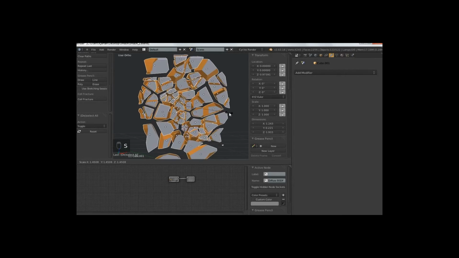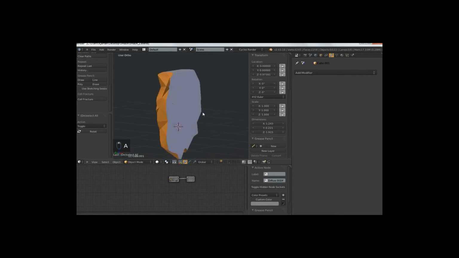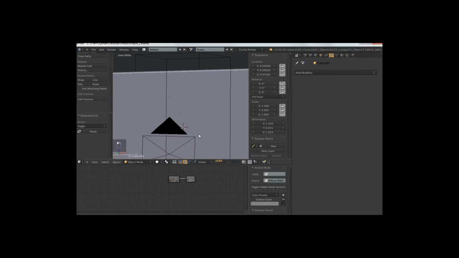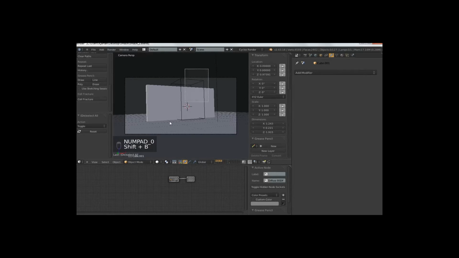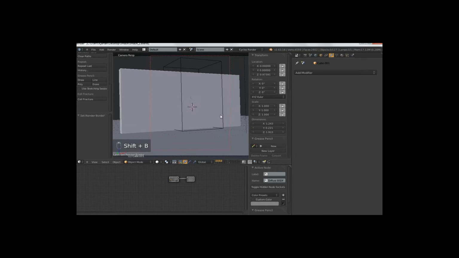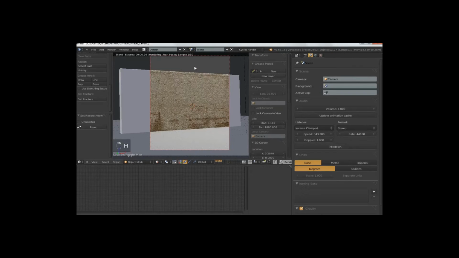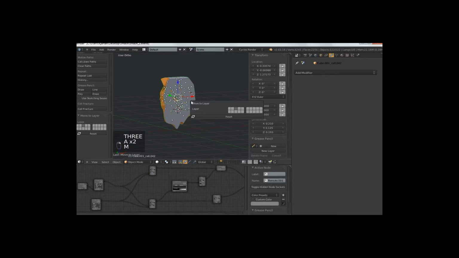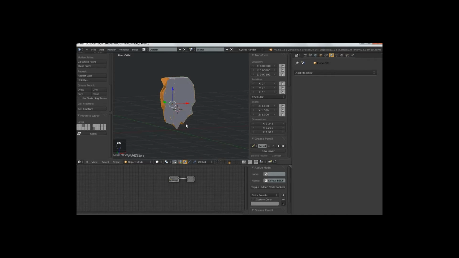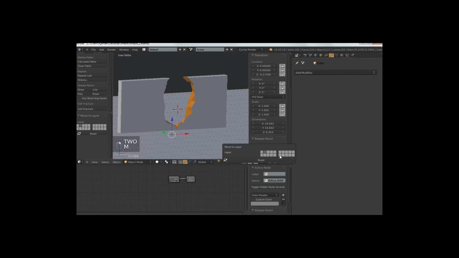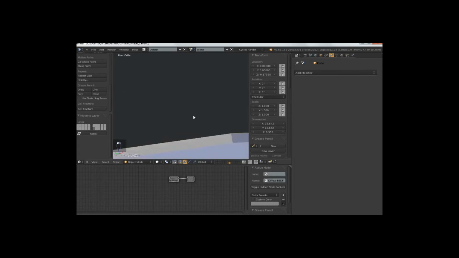Just checking the fracture to see if it works. It's always a good idea to check and see if your fracturing operation went well. There's the Boolean object. When you do a fracture, it's also smart to set up a preset so that you can easily go back to the previous settings, because when I do fracturing, it's very often a trial and error process. Just go back and forth all the time and tweak settings.